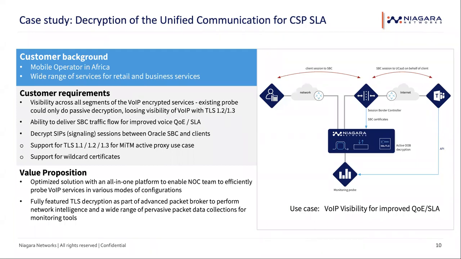Most of the time, the customer is not really interested in the voice connection, but what they are looking for is the control connection, to see whether the quality of service that the client is experiencing is actually good enough. So in this case, we took the voice connections and just forwarded these between the client and the server. We're not touching these voice connections at all. But the signaling connections are encrypted as well. So we decrypt these signaling connections and send it to a monitoring probe.